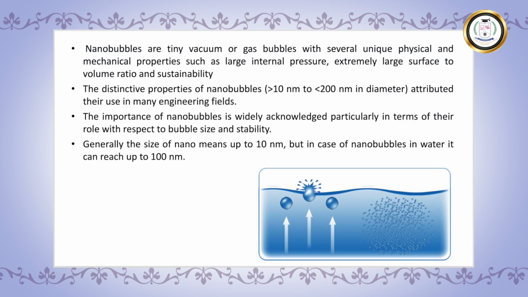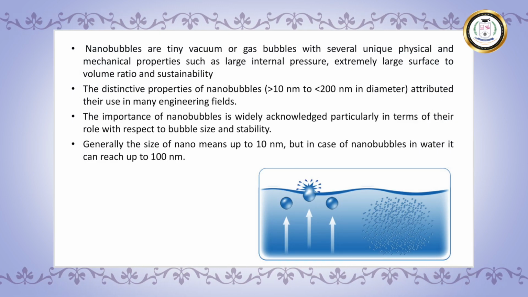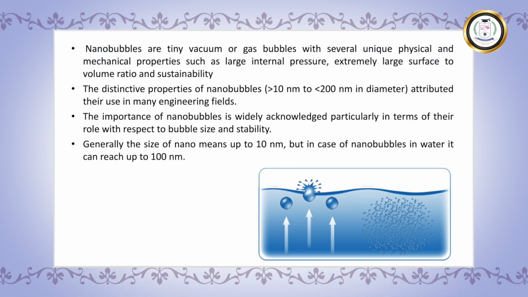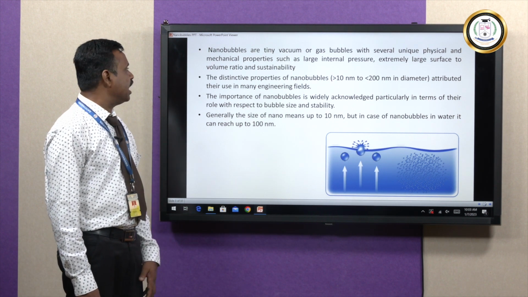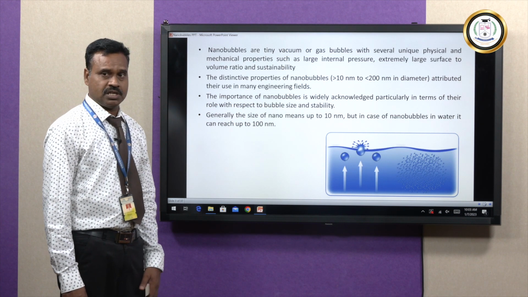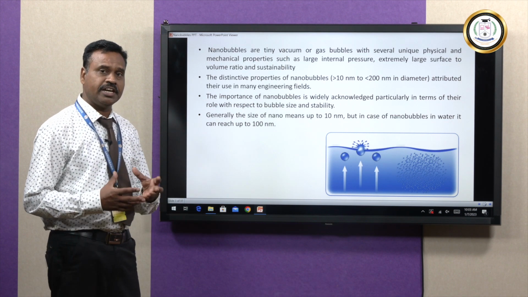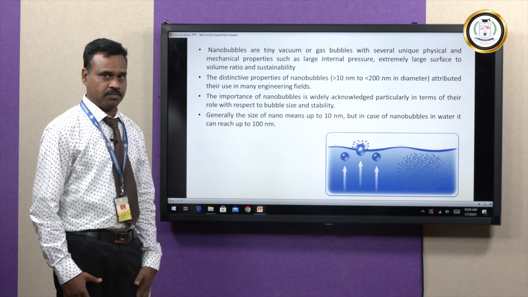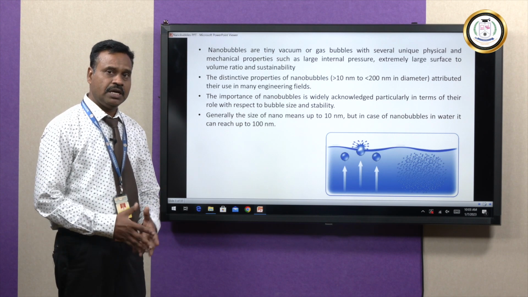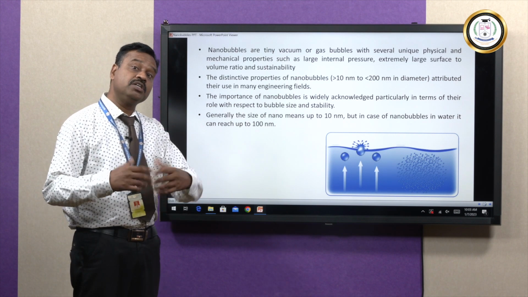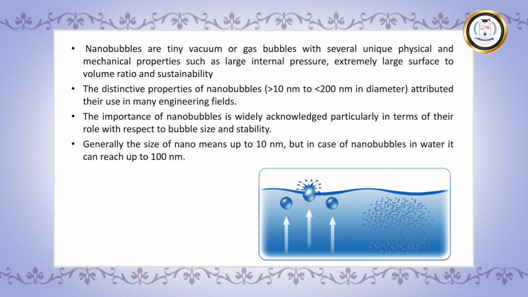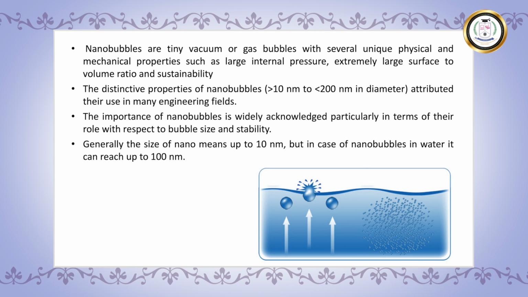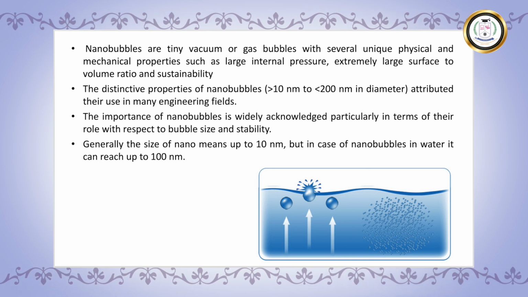As I mentioned, they are tiny bubbles, with very small bubble sizes and unique physical and mechanical properties. They have large internal pressure, called the Laplace pressure. Compared to the atmospheric pressure, the internal pressure of the bubbles will be 30 times greater. So the distinct properties of nanobubbles, that is 10 nanometer and up to 200 nanometer, make them usable